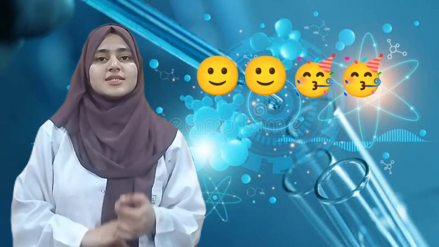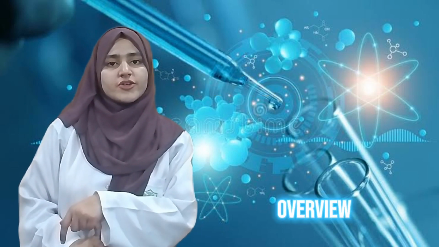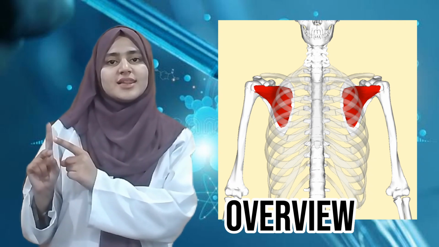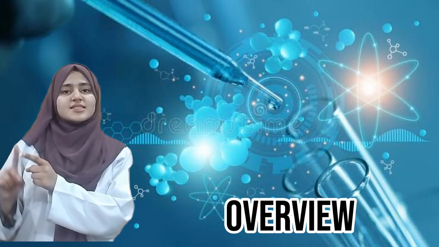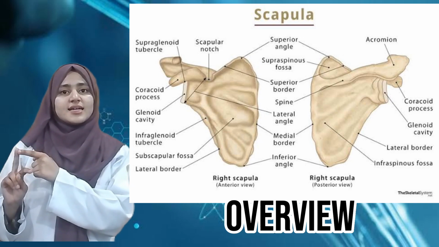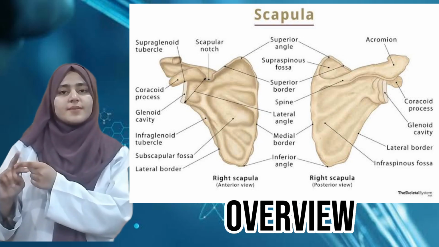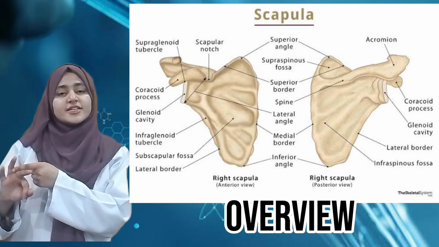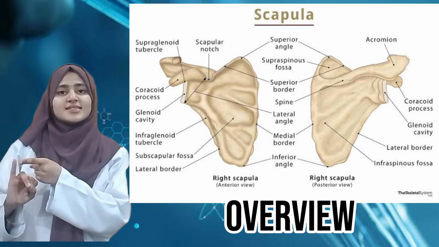So that's all about the anatomy of the scapula. To give a comprehensive overview of this topic: the scapula is a flat bone present on the posterior lateral side and placed on the rib cage. The scapula has two surfaces: the posterior convex surface and the anterior concave surface. It has three borders: medial border, lateral border, and superior border. And it has three angles: lateral angle, superior angle, and inferior angle. And the scapula has three processes: